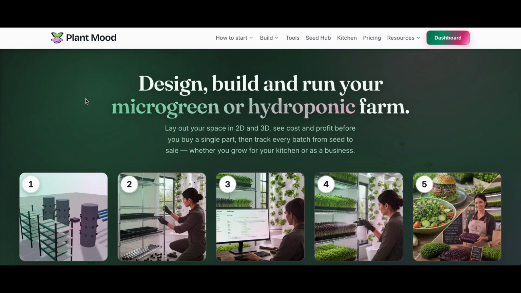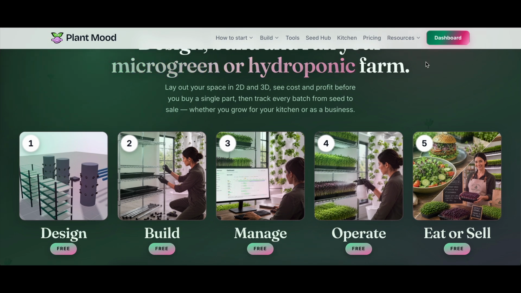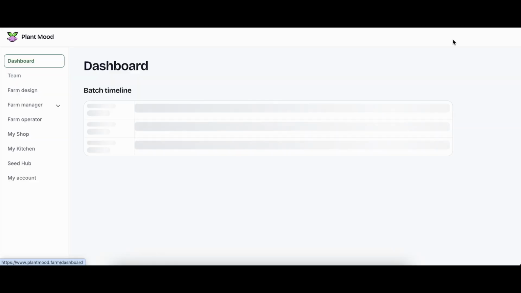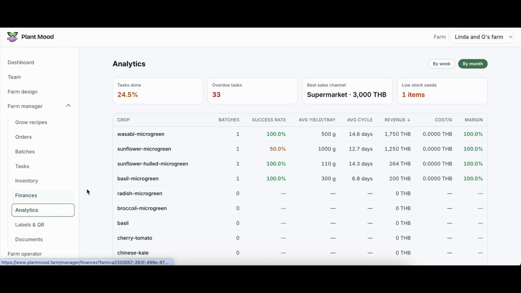Busy weeks feel productive. Charts tell you if you grew the right crop, not just more trays. Analytics turns harvest and sales history into decisions. Analytics is at plantmood.farm. It aggregates post-harvest performance, batches, yields, revenue, costs, and margins into KPIs and charts you can